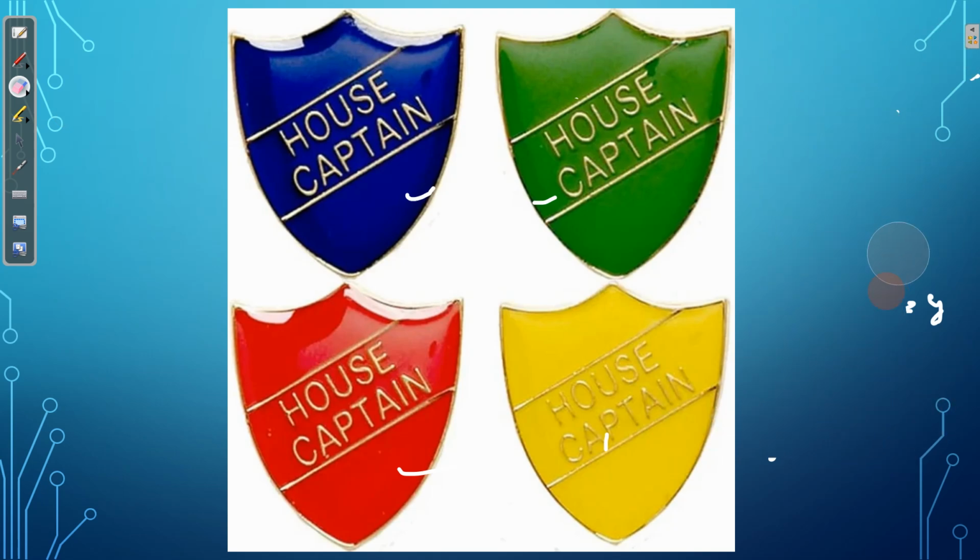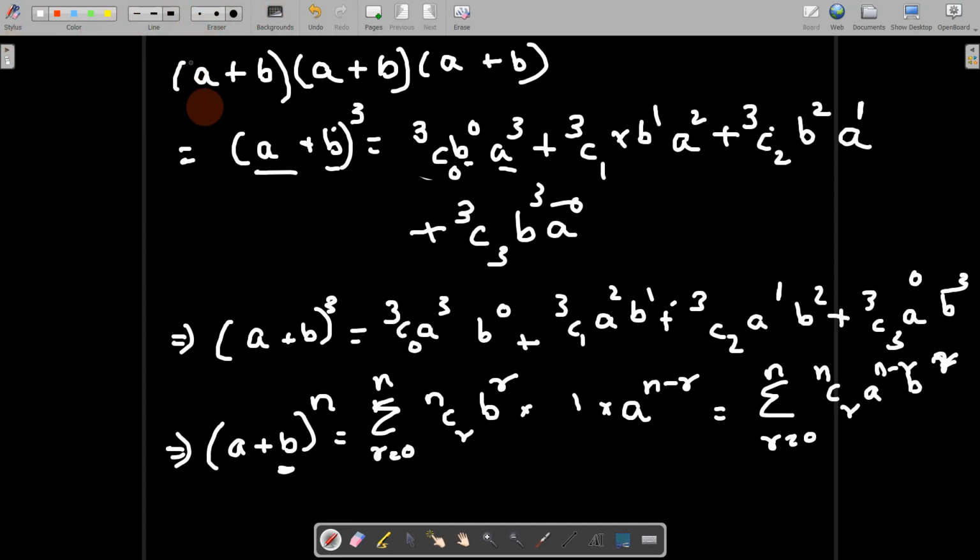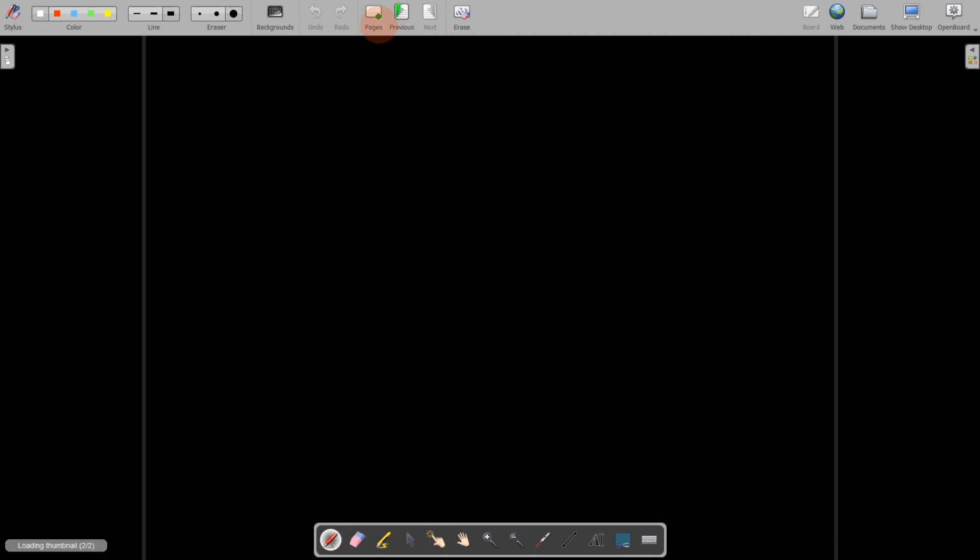So we will take this example only to write the formula, and then we will generalize it. When you have k possible choices and you have n kids who can choose one out of the k possible choices, in how many total ways can n kids be distributed in k different houses? But we will see the formula for this 10 kids in 4 houses situation, then we will see the general one. Okay,